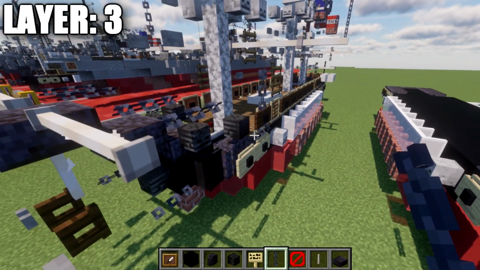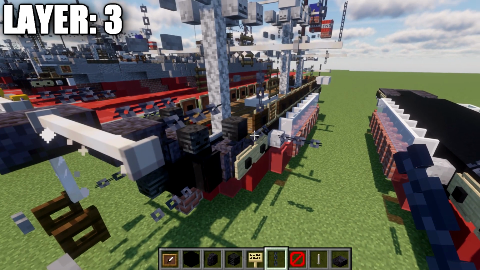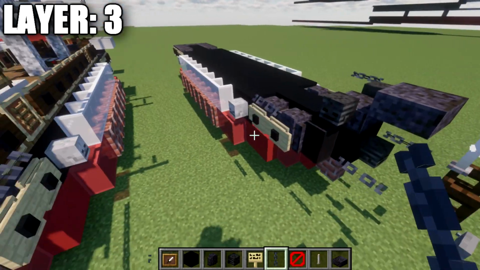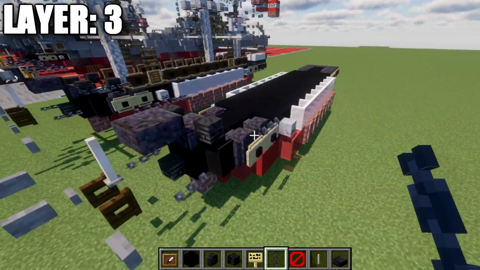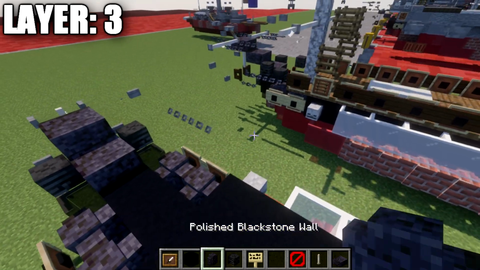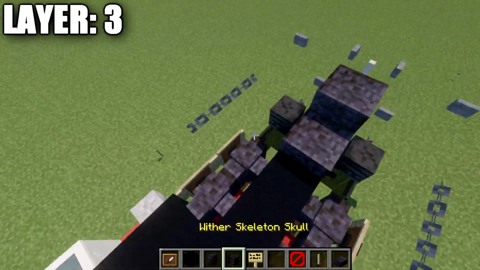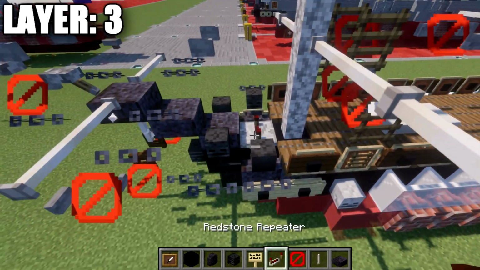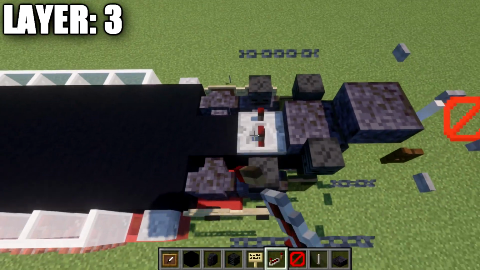And we will want to go ahead and place down one more forward. So we're going to place down one more forward like this on both sides. After that's done, we're going to then grab wither skeleton skulls. We're going to place down a wither skeleton skull here on top of these walls to both sides like that. In the middle here, we're going to go ahead and place down a redstone repeater with the notches spread apart